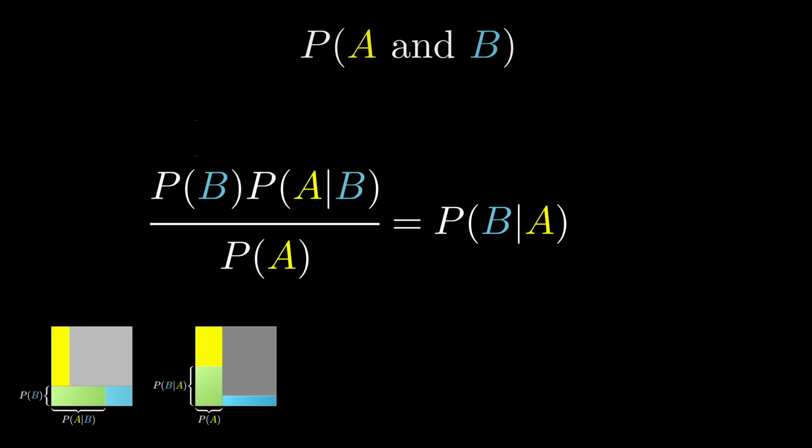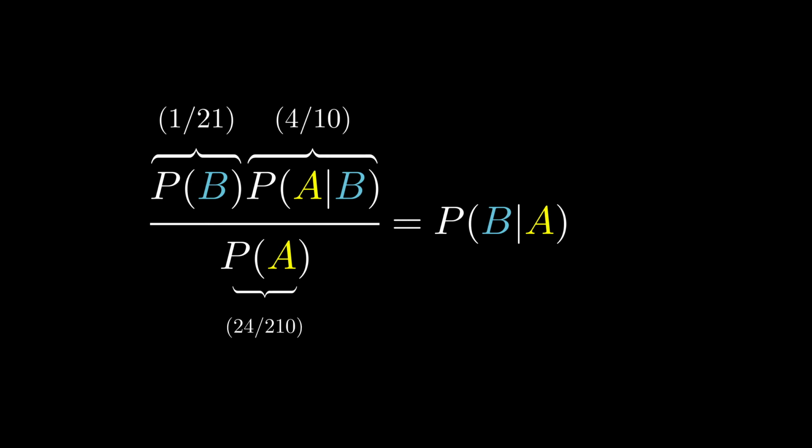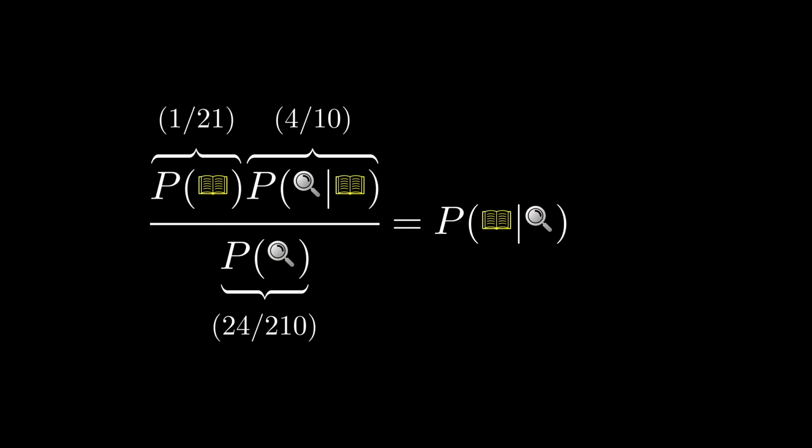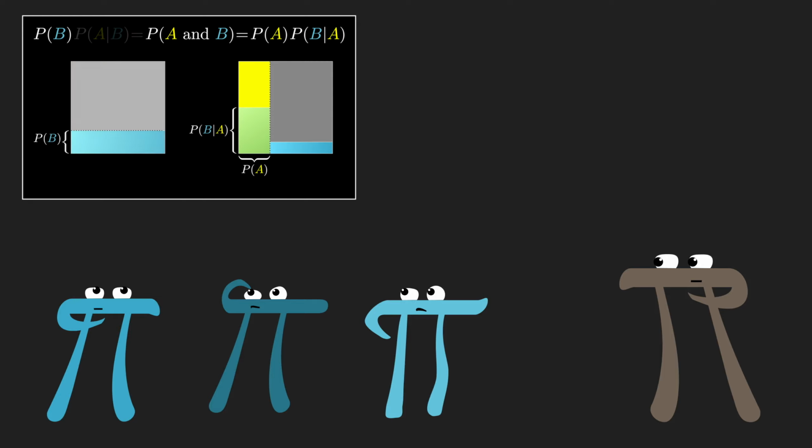So when one of these conditions is easier to put numbers to than the other, say when it's easier to think about the probability of seeing some evidence given a hypothesis rather than the other way around, this simple identity becomes a useful tool. Nevertheless, even if this is somehow a more pure or quick way to understand the formula,